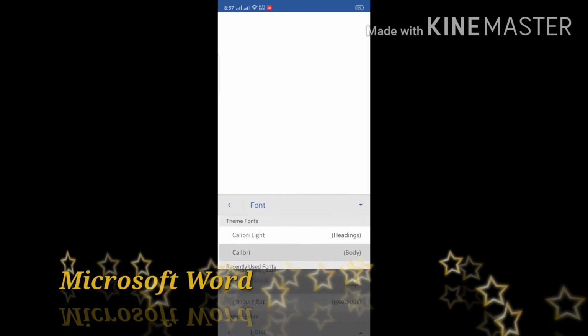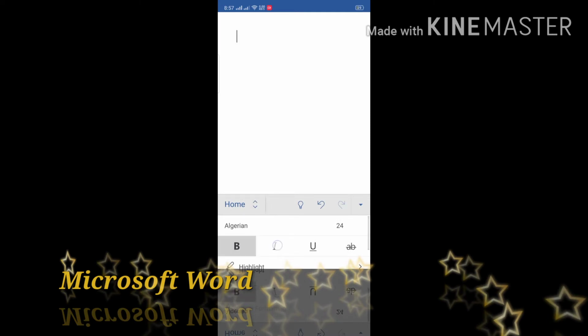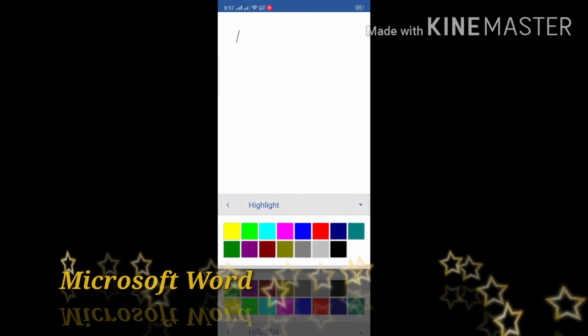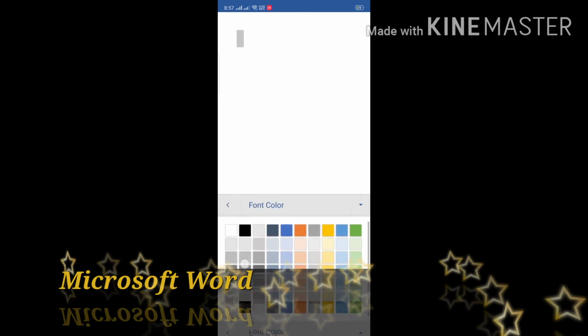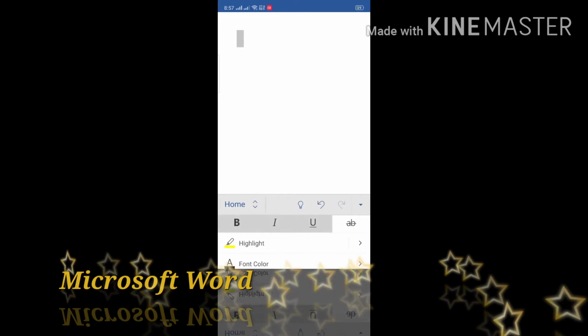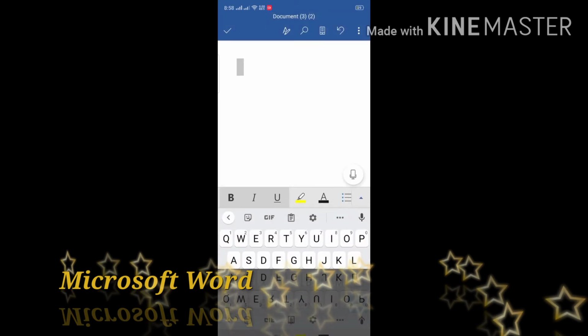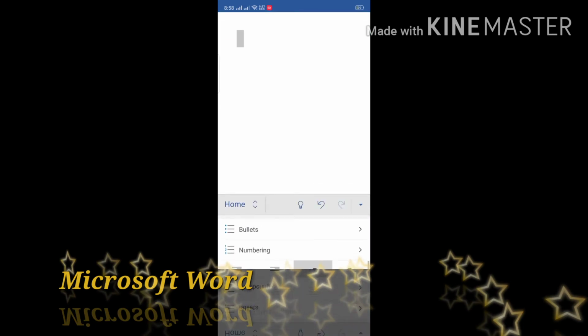First of all, you have to go to the home page and select the writing style, which language you want to select, so what type of writing you want. After that, you have to select the font size of your choice. After that, there is a feature of bold, italic, underline, and there is a highlight color, to highlight the words or sentences in your document. After that, you have to select the font color. There are bullets. After that, you have to choose numbering in subheadings or points.